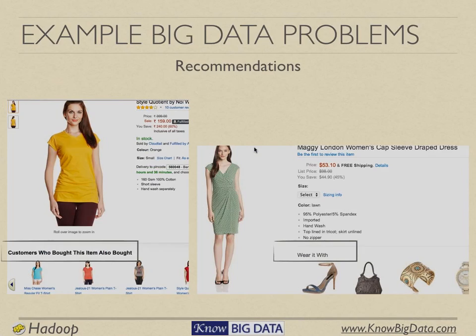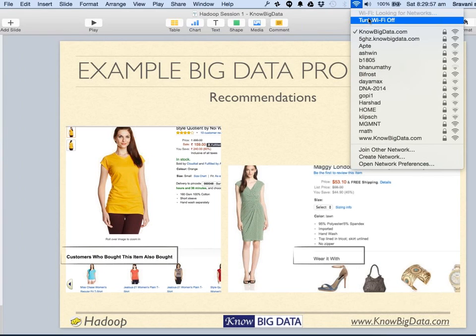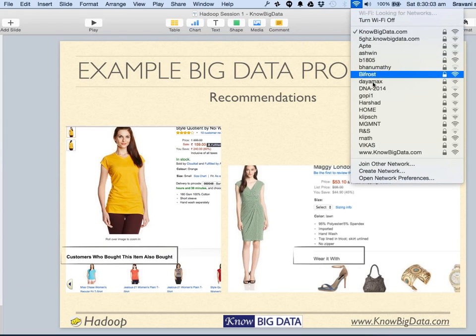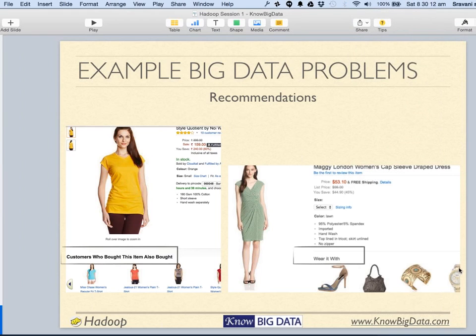I'm just switching my network because I'm guessing it is a problem with the network. All right. Till then, I'll just go through. Your next question is, how can we integrate data?